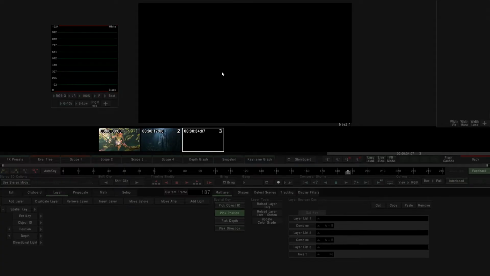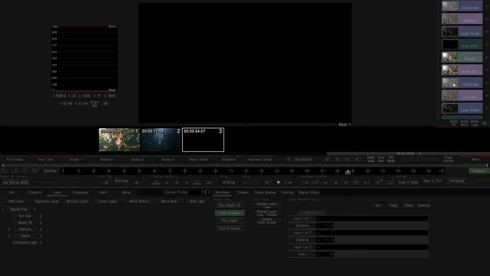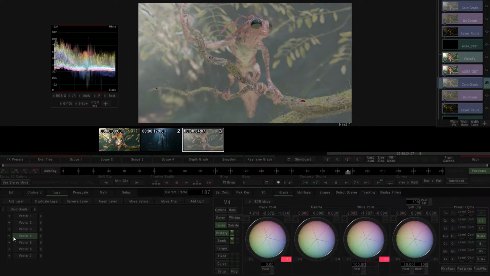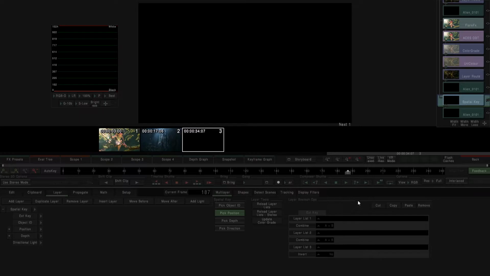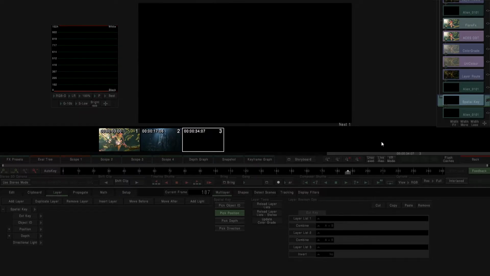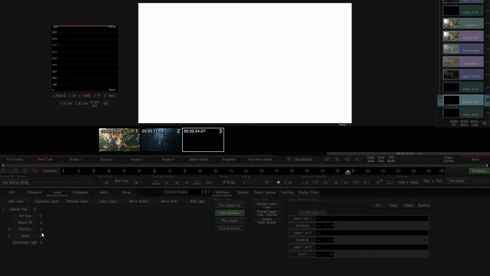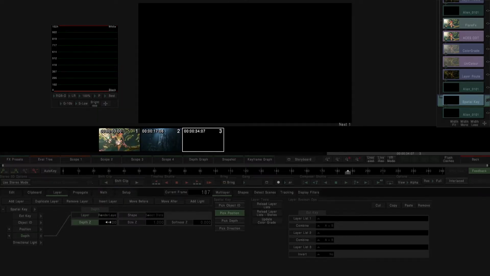And in the spatial key, I'm going to use again the depth layer. The spatial key basically works as the multi-layer tool that we have in the color grading mode. Basically, it has the same tools, the same features, but instead of using those tools for grading, this tool is used for creating alphas, so to create selections that will be placed in the alpha channel. So I'm going to just go to my alpha channel, go to my depth layer, render layer depth, and again, as I did in the color grade, I'm just going to select